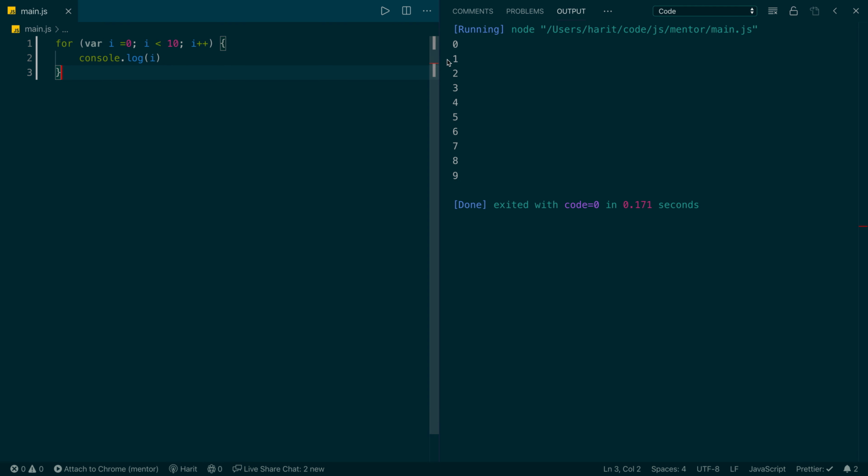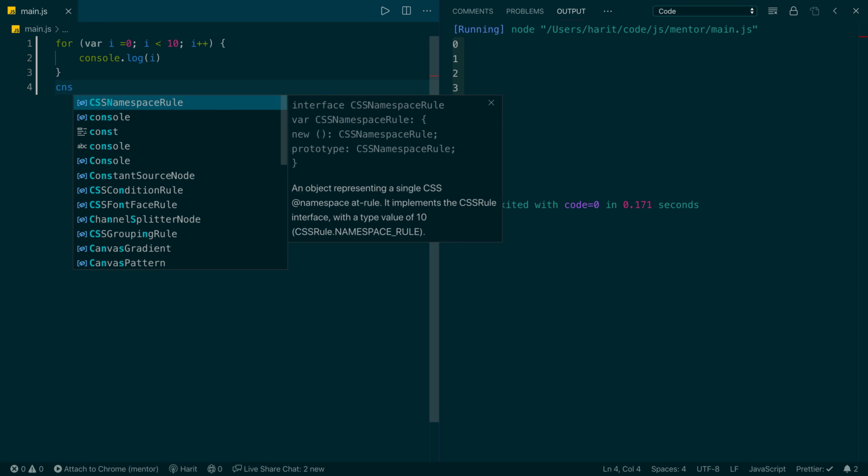So as you see, when we run the for loop, we get the values from 0 to 9. It did not print out the value of 10. Why? Because our condition said that the value of i should be less than 10. When we initialize the identifier i, we use the keyword var. The challenge with var is that when you initialize a variable using the var keyword, the variable identifier is created in the global scope. Let me tell you what I mean.